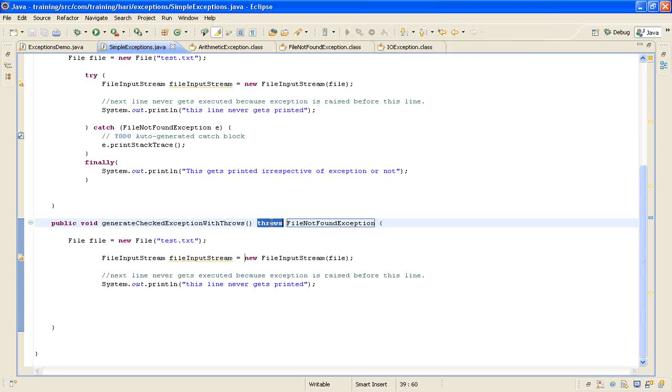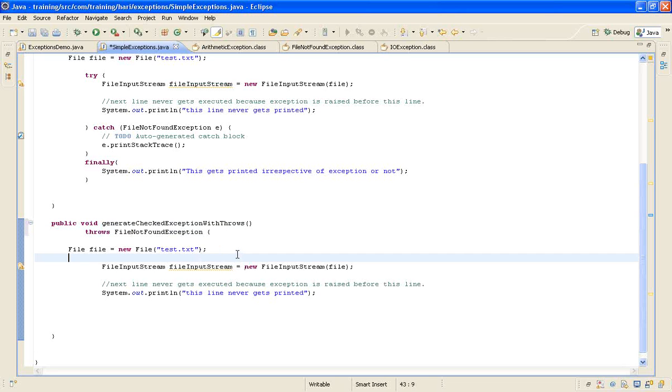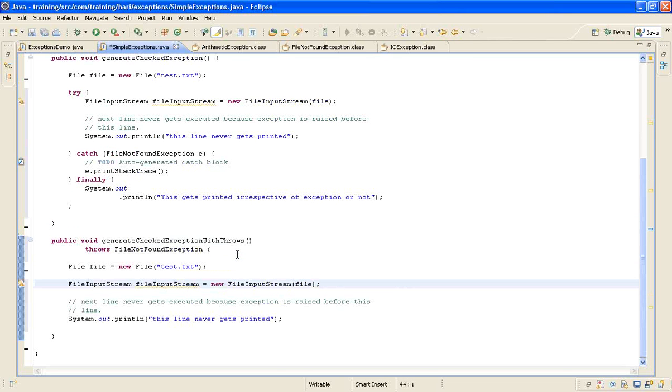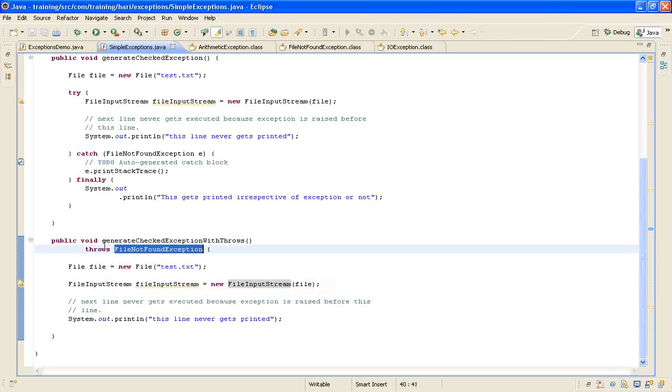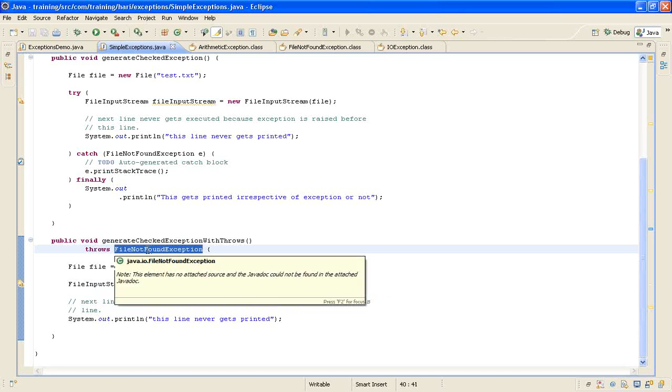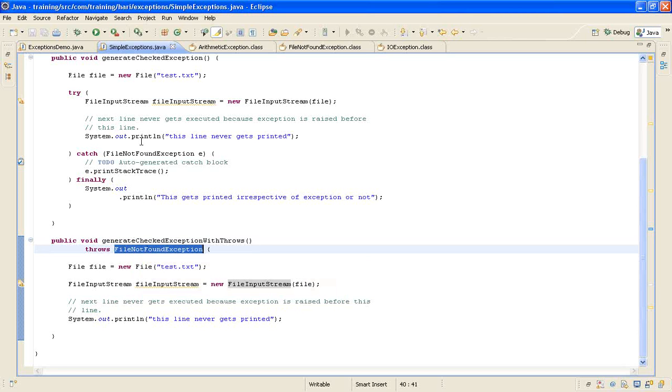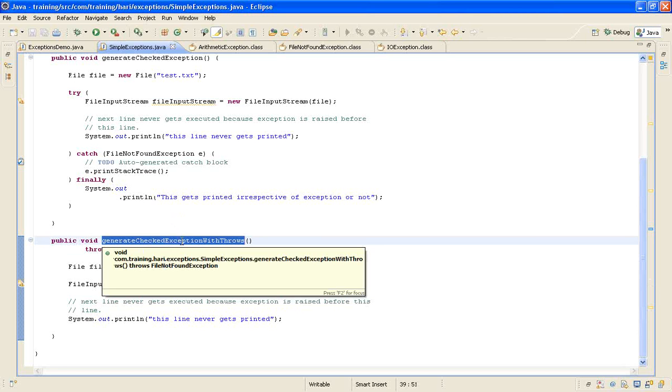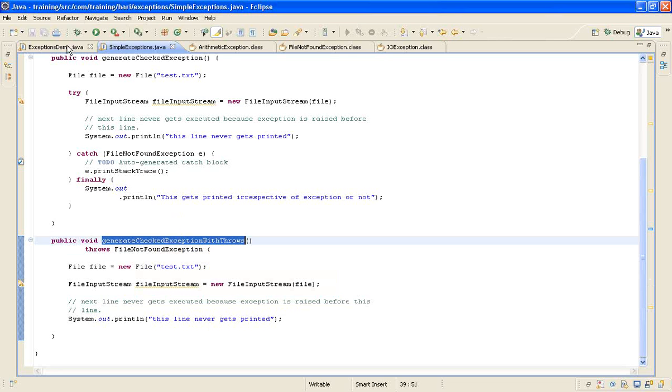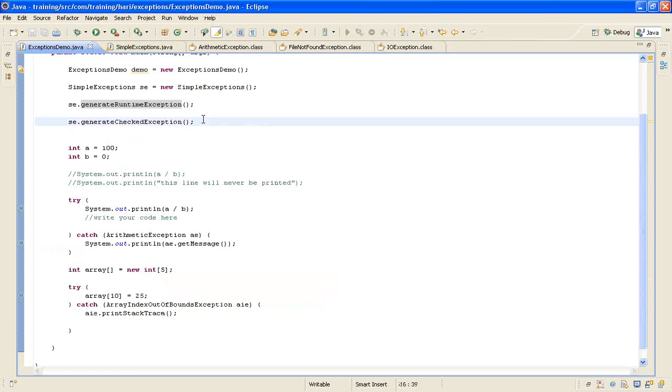So in that case, if you want to get rid of that error, or if you don't want to handle the exception within your class, within your logic, then what we do is... Okay, now I just formatted this code, Control Shift F. So what I want to do is, I don't want to handle this exception. Rather, I want to give it to my caller. Whoever is going to call me, let him handle this exception. So how that happens is,